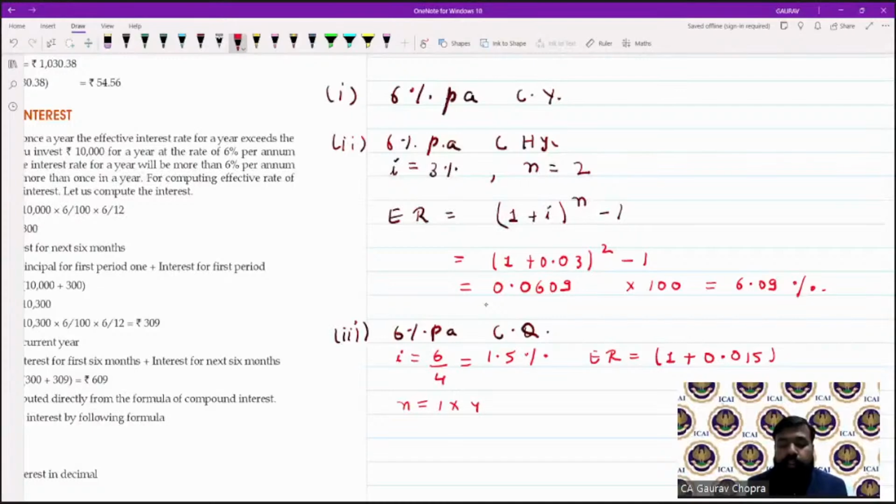So it will be 4 quarters. So power will be taken as 4. Power will be 4 minus 1. So 1.015 to the power of 4 minus 1. So we are getting 0.0613. Multiply with 100, so